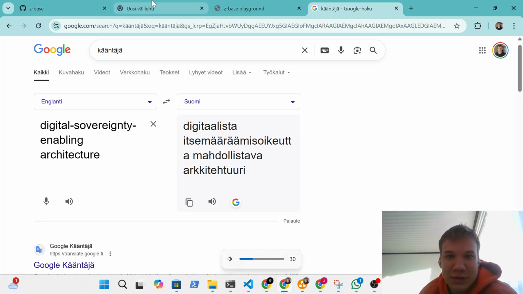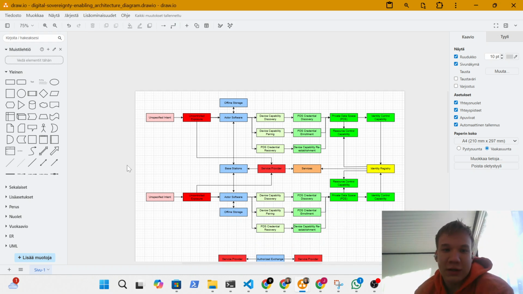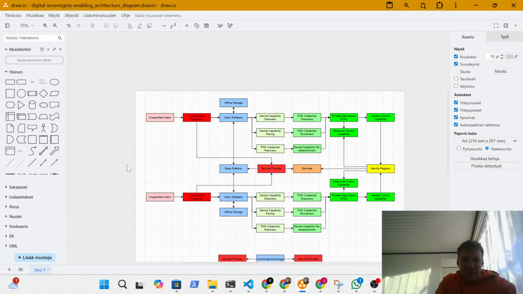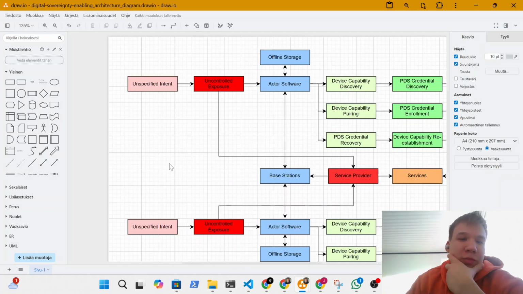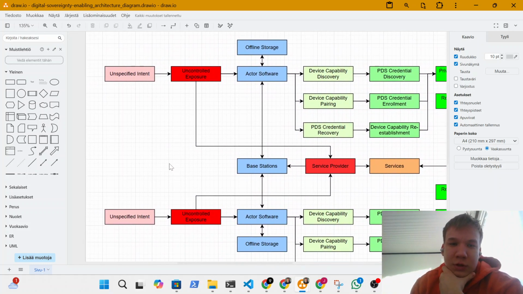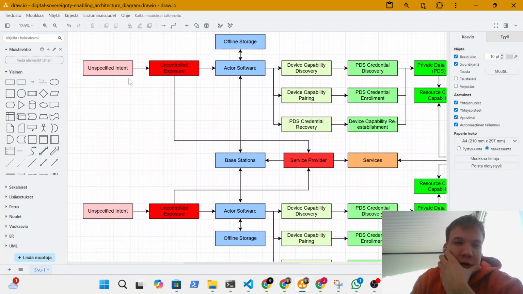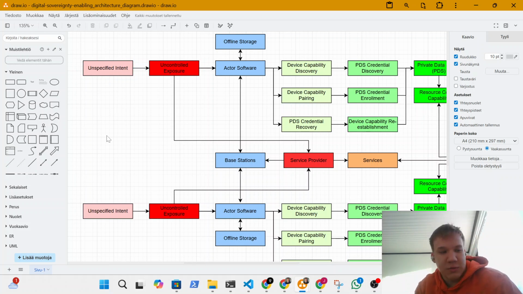Right, that's what we will be walking through here in this diagram. I will explain all these items in some sense. So here we start with unspecified intent, which basically means that when a user opens an application, opens a website